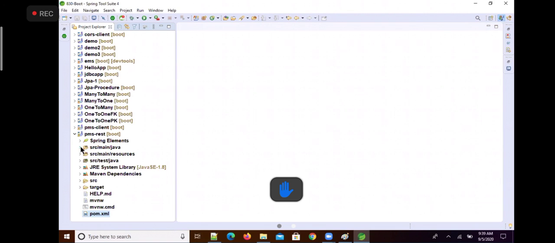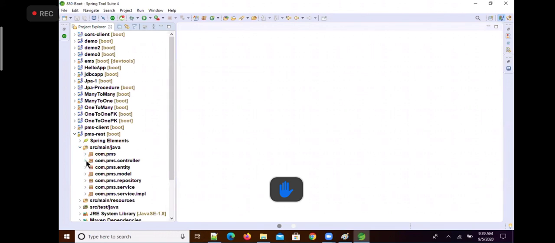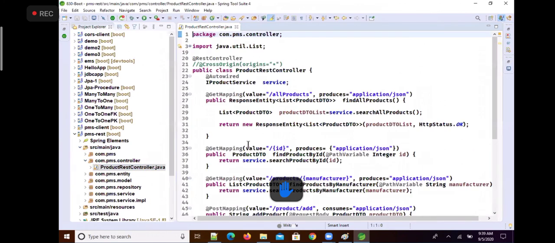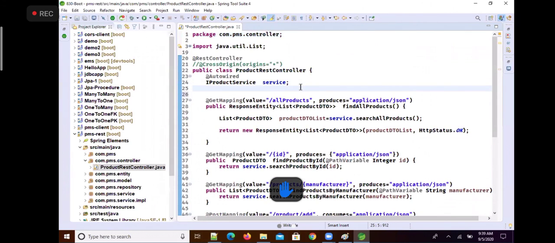Next thing, let's open our REST endpoints. Here we can add @ApiOperation.